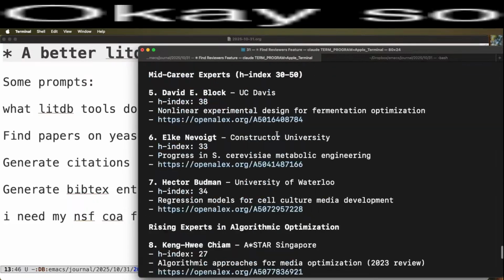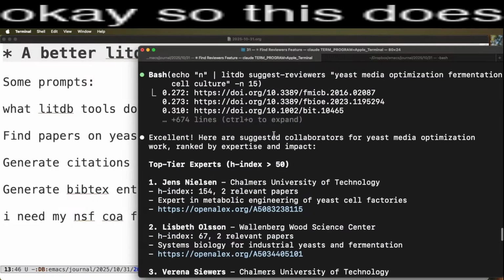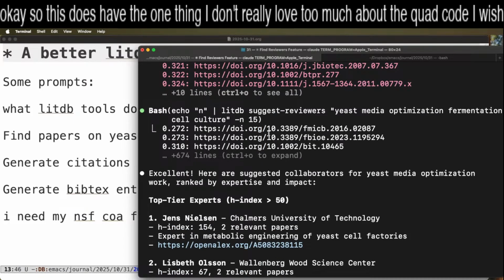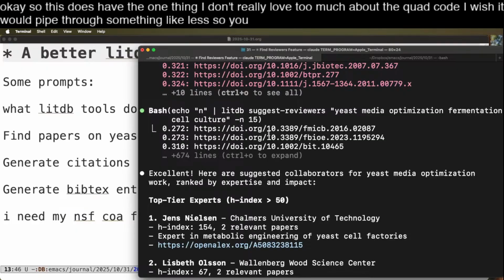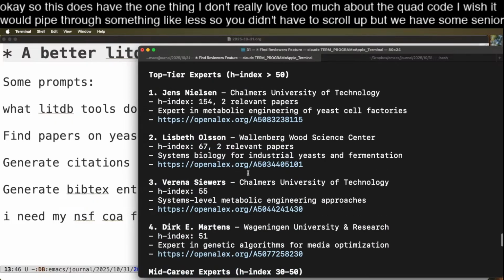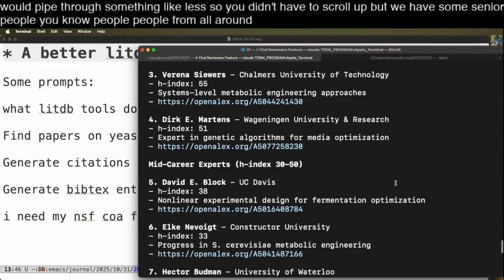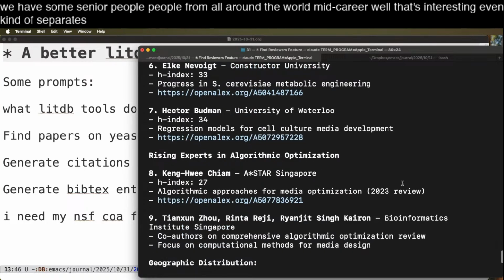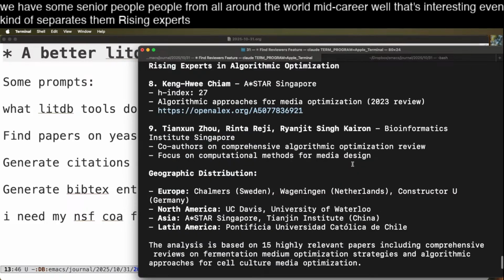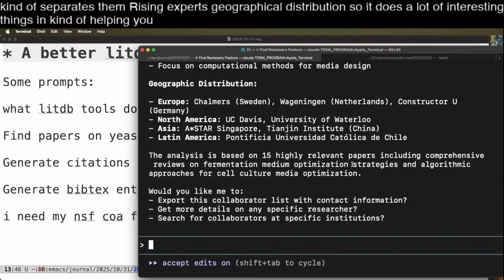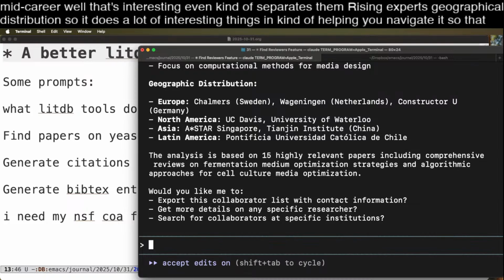Okay, so this is one thing I don't really love too much about the Claude Code. I wish it would pipe through something like less so you didn't have to scroll up. But we have some senior people, people from all around the world, mid-career. Well, that's interesting. It even kind of separates them. Rising experts, geographical distribution. So it does a lot of interesting things in kind of helping you navigate it. So that is all